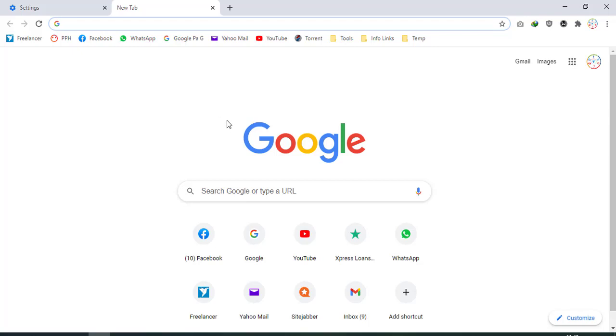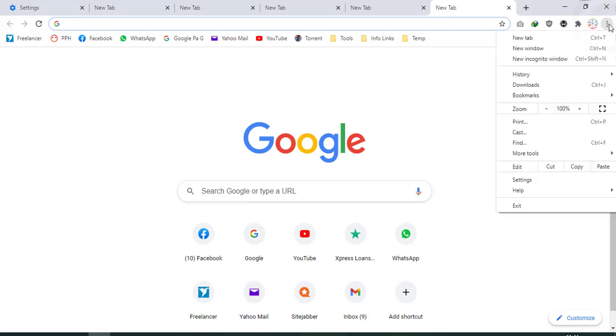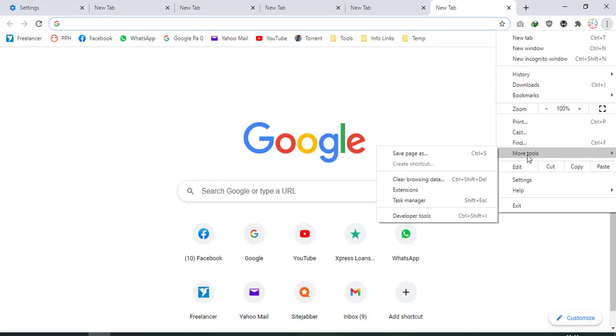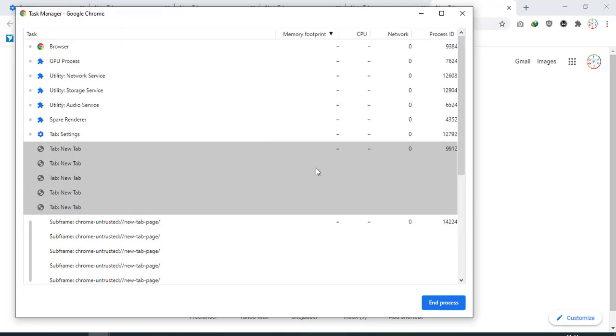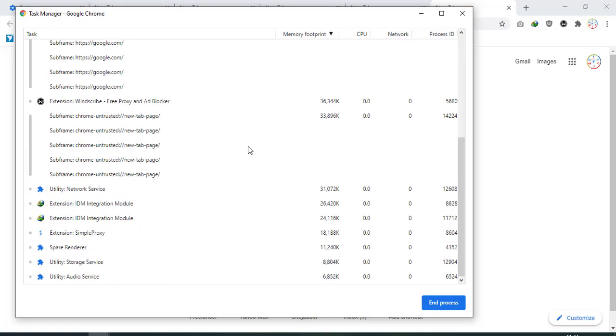So next you can clear RAM by turning off unwanted tasks. For example, I have opened some windows or tabs, and now I will click the three dots at the top right corner, and then go to more tools and then task manager. It's the Chrome task manager, not the PC's, so it will only show the tasks which are currently running on Chrome.